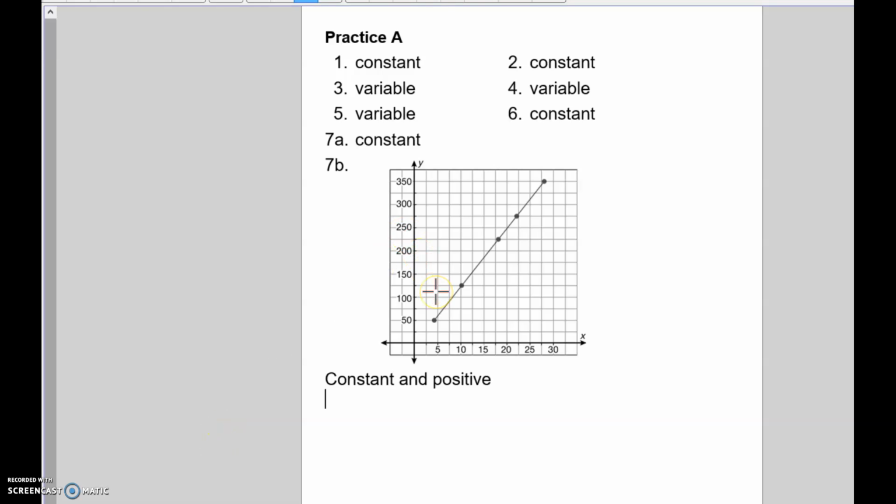All right, last time we did 13.3 and it was looking at tables to see if it was constant, change, or variable. Here are the answers. You can pause the video and correct your homework. It was 13.3 worksheet. If you need extra help on how to do these problems, in 13.3 lesson I posted